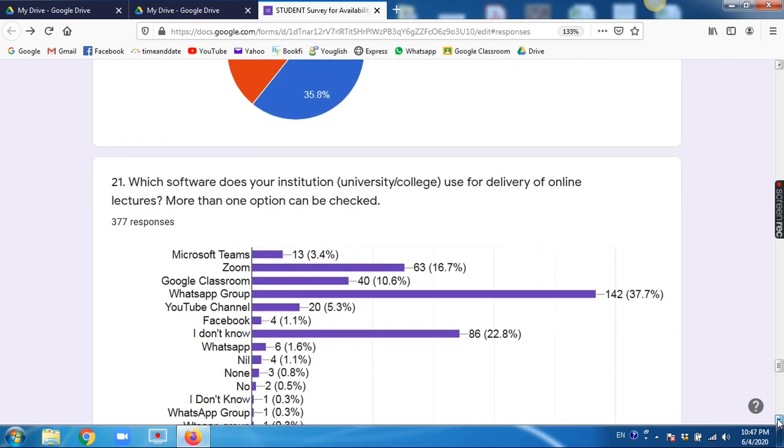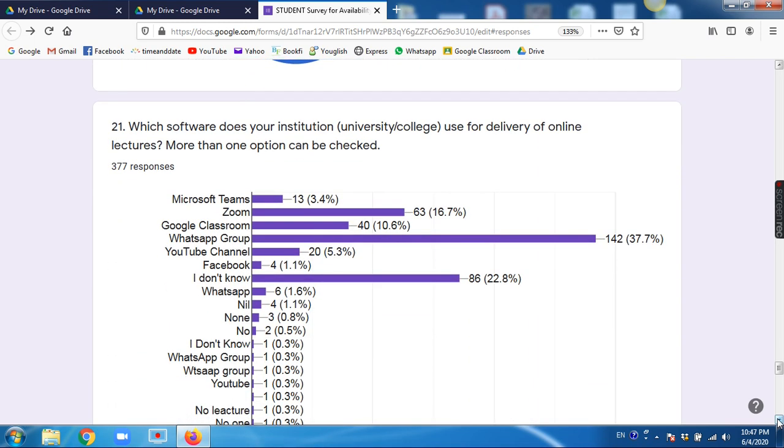Which software? Here responses are different. Like Zoom, I've been conducting my online classes on Zoom. Google Classroom, I also have Google Classroom. I'm from Degree College Avelia, but the majority of the students say WhatsApp group.